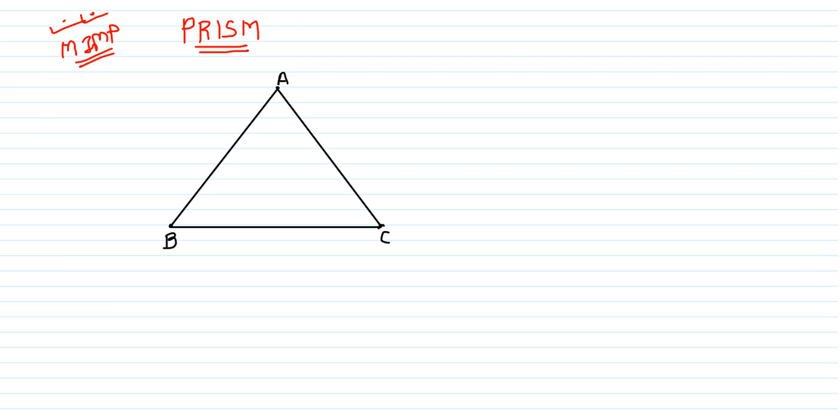Now we consider a ray of light moving like this. First it moves, then it refracts, and then once again it refracts. Refraction takes place at side AB and side AC. At AB, it goes from rarer medium to denser medium, so it moves towards the normal. Suppose I extend the normal here. It moves from rarer to denser. Now for AC it moves from dense to rare, so it moves away from the normal.